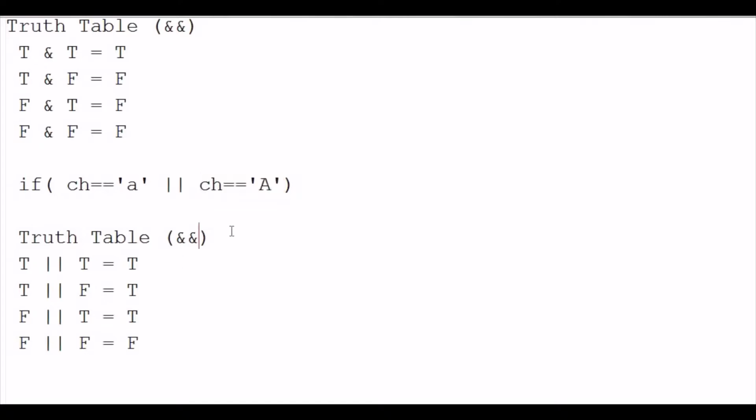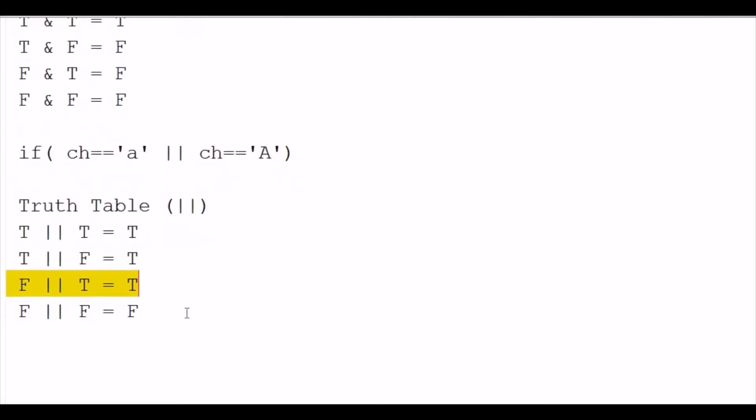So this is the truth table for OR. This is the truth table we have for OR. So out of the conditions, even if one is true, here of course both the conditions are true, so the result is true. Here only the first one is true, the second one is false, still the answer is true. The same way, out of both the conditions, even if one is true, the result becomes true. This is the truth table for OR.